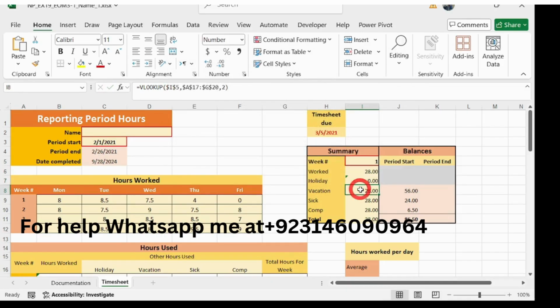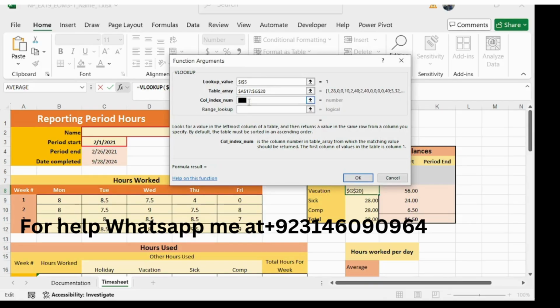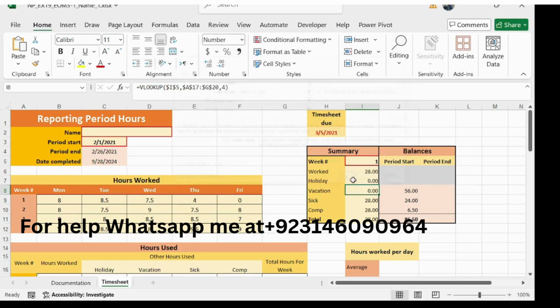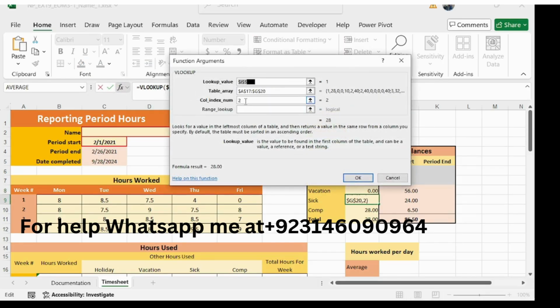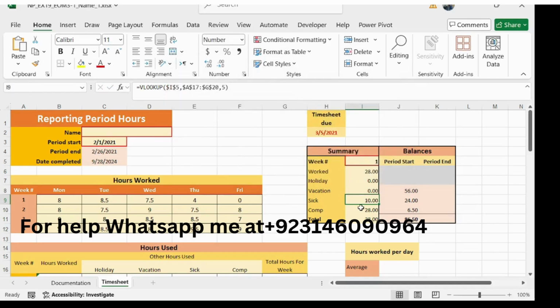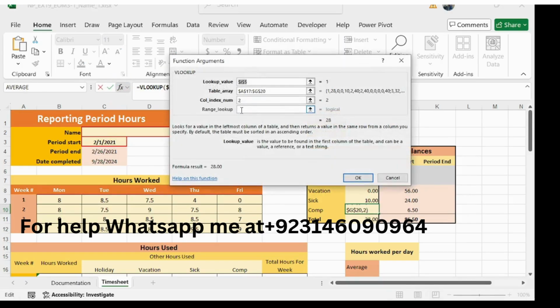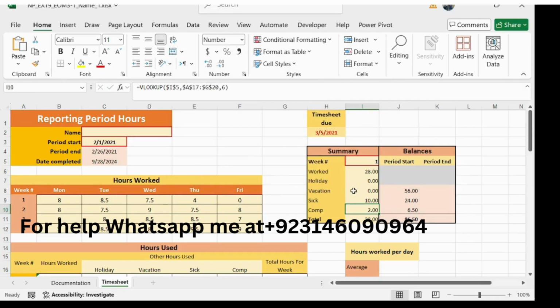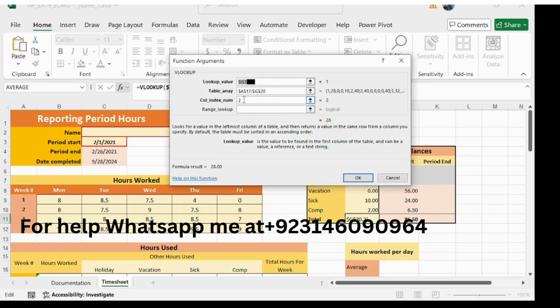And in cell I11, go to the function arguments, change 2 to 7 and click OK.